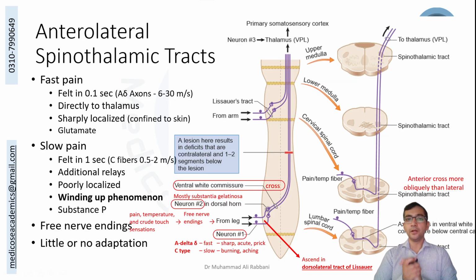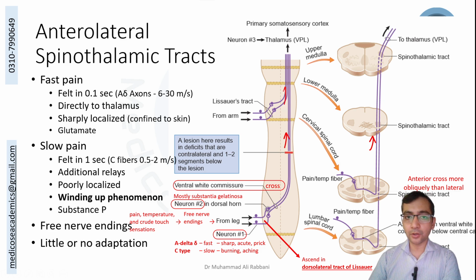So we were here. Let's move on. These fibers, respectively in the anterior white column and the posterior white column, will move up all the way from the spinal cord. They will continue to move up until they reach the brain stem, the medulla oblongata, and